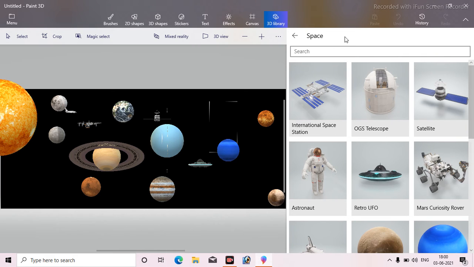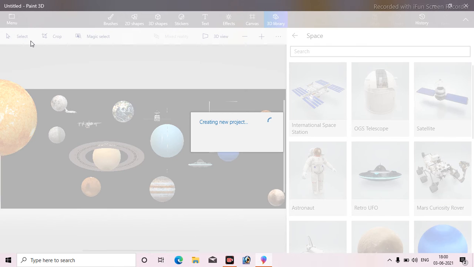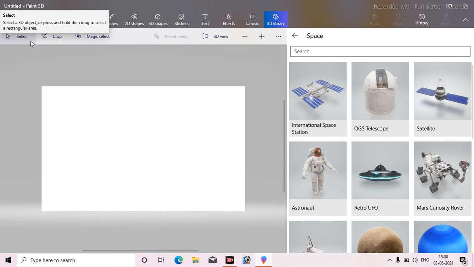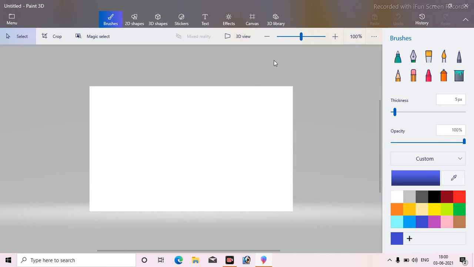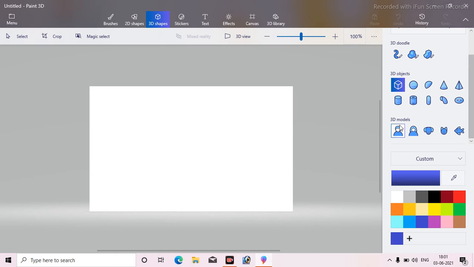And guys, you can make some of this, like, hey wait, where is the project? Okay, I can take a new one. Okay guys, actually I have got another time because that was the trick. Now what I was telling, you can go to 3D shapes. Yeah, this 3D shapes is a better option, because here you can make a man.